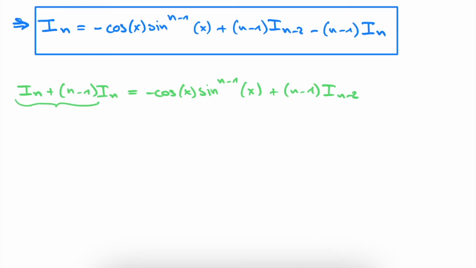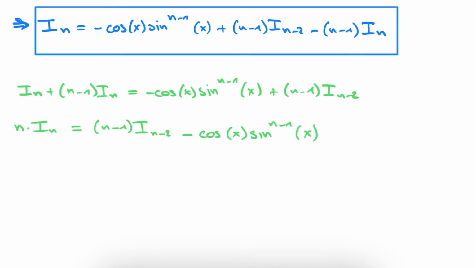Taking these two terms together, we see that we get n times In is equal to n minus 1 times I n minus 2. So I just swap these two terms here, minus the cosine of x times the sine to the power n minus 1